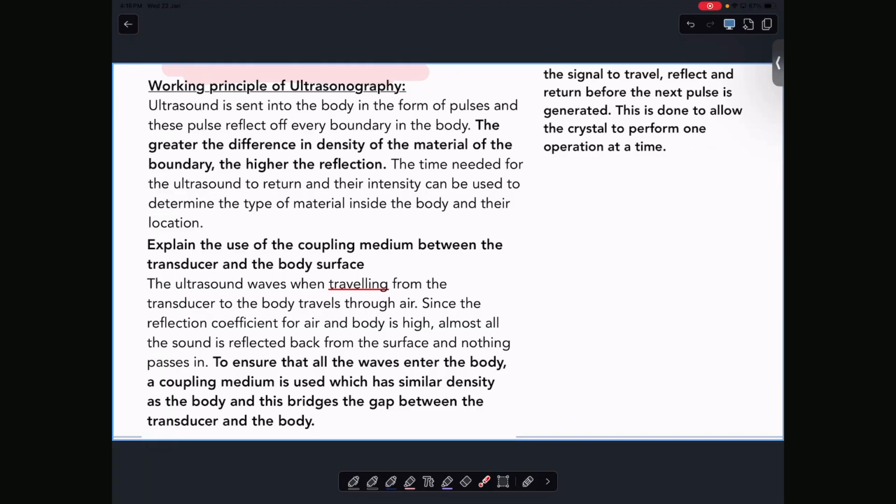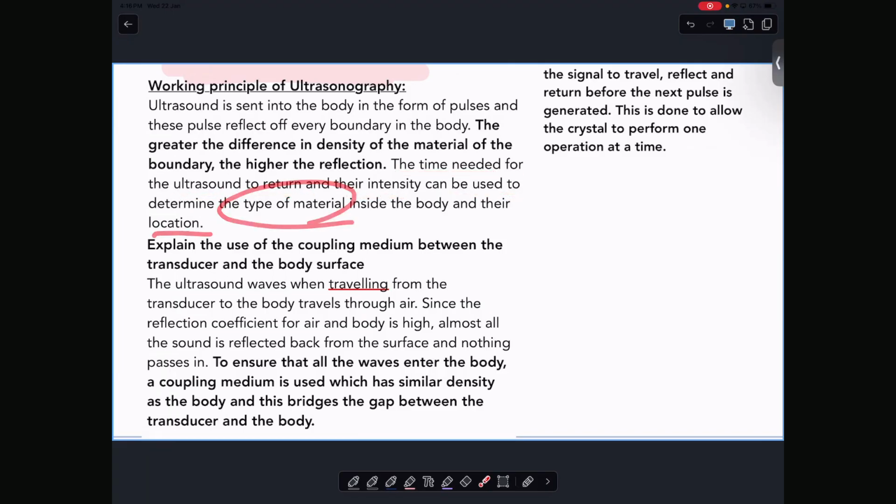Before that, let's just go through this. Ultrasound is sent into the body in the form of pulses, and these pulses reflect off boundaries in the body. The greater the difference in density, the higher the reflection. মানে তোমার যদি গ্যাপটা বেশি হয় তাহলে ডিফারেন্সটা বেশি হয় তাহলে রিফ্লেকশন বেটার হবে. The time needed for the ultrasound to return and their intensity can be used to determine the type of material